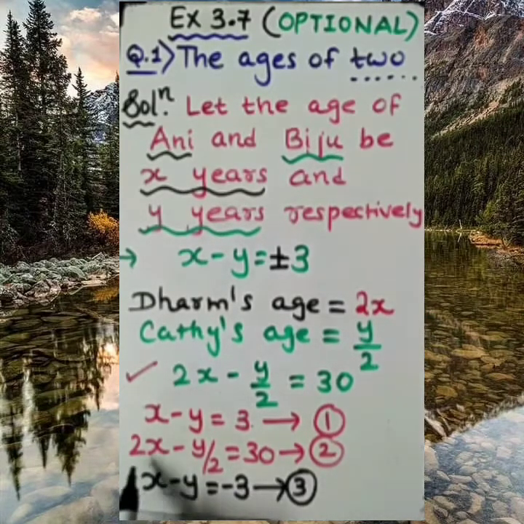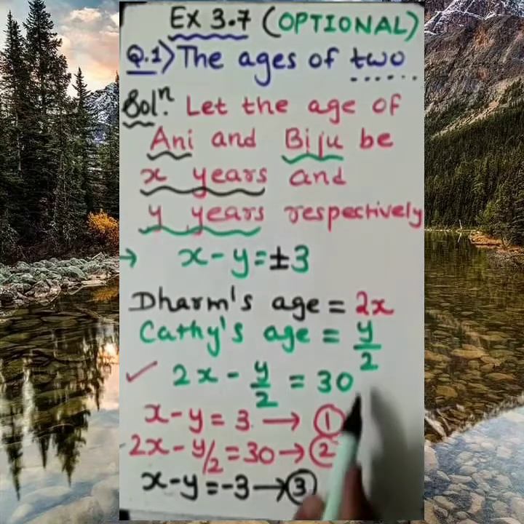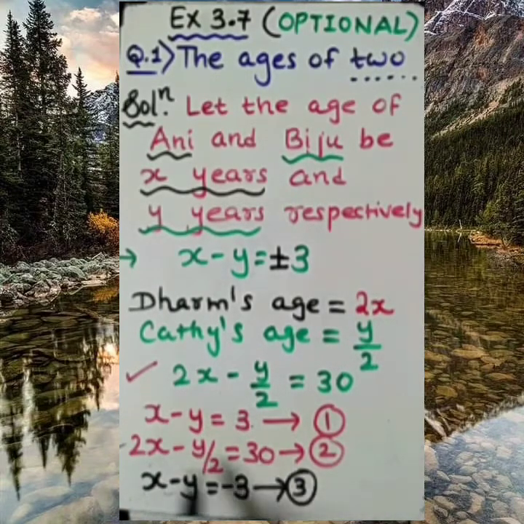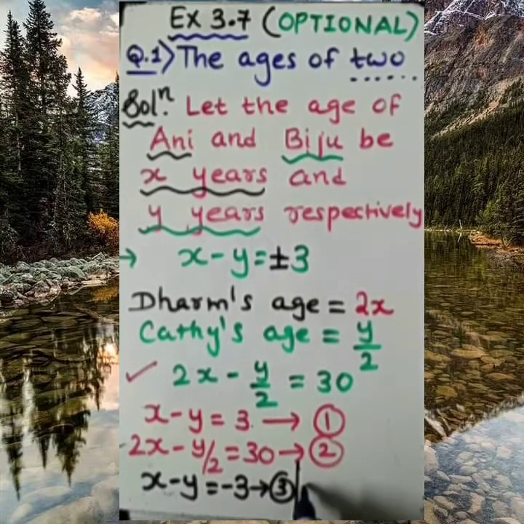And again we will use the same equation as a fourth equation. Fine. This equation I am calling the second equation. Same equation, you can mention here. Okay, I am mentioning it here for you. This we are considering third. Fine. So the same equation which I am considering as the second, I am considering 2x minus y by 2 equal to 30. Let me call this equation number 4. I am considering this as equation number 4.